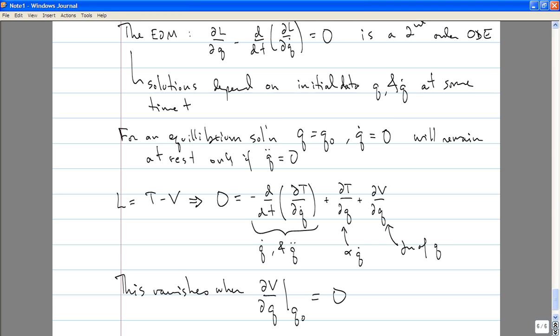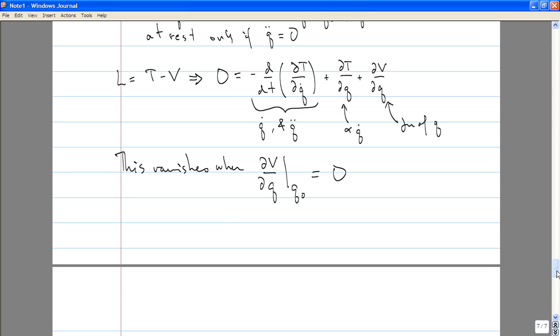So physically, of course, this is something with which you are very familiar. If you have some potential, say that looks like this, so if this is V as a function of q, then the places where the derivative of V vanishes, so for this function I have drawn, there are 3 of them, are places which are equilibrium points. They are points which, if I start with my system sitting at an equilibrium point, it will stay there for all time.